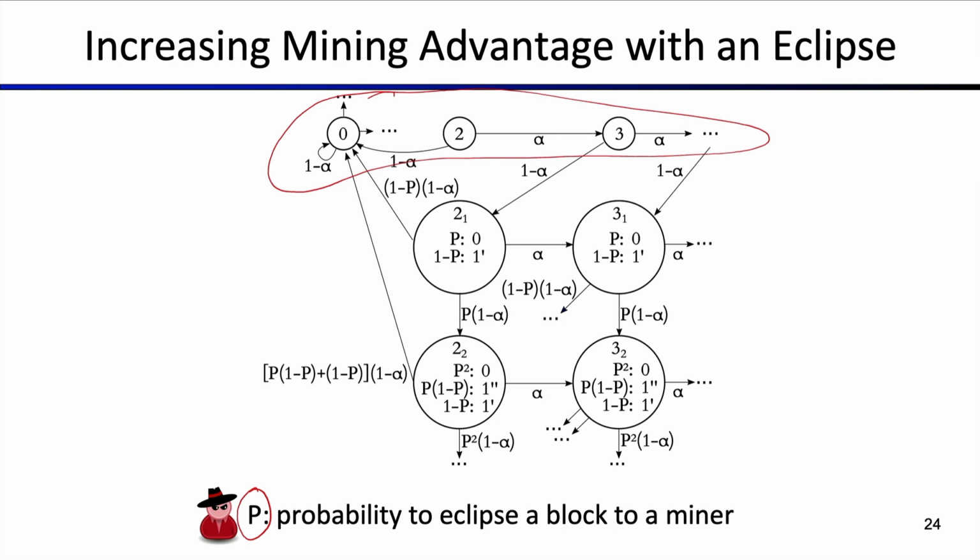You can have some fraction of the network being on one side and some other fraction of the network being on another side of reality, really, because by partitioning the network, by creating Eclipse attacks, you're